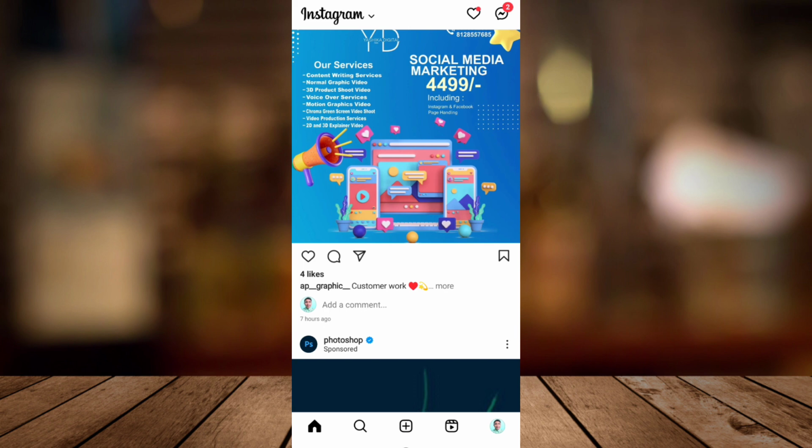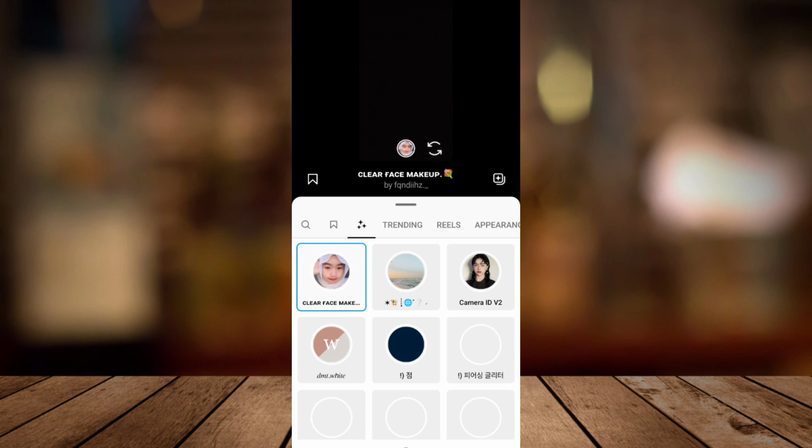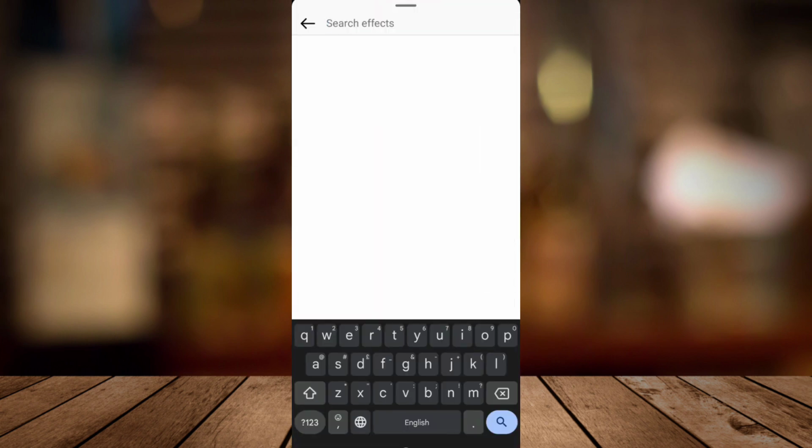Now on your Instagram, tap on the plus icon at the bottom. And here on the reel, you can see the effect option at the right part of your screen. So tap on that effect, and then you need to go to the search and find the Bold Glamour filter